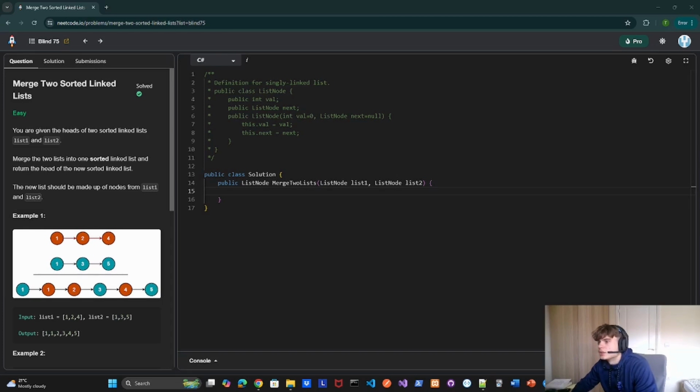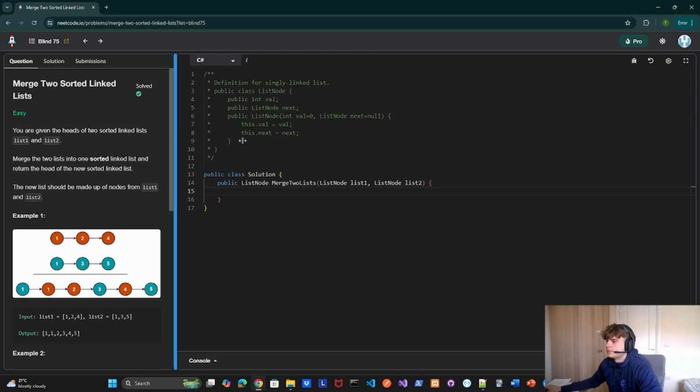Okay, so hi guys, welcome to, I think it's day 6, and today we're solving a linked list question: merge two sorted linked lists together. That's what we're going to do. So the question reads: